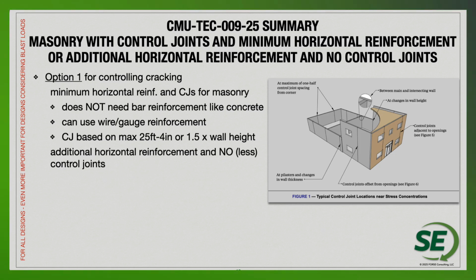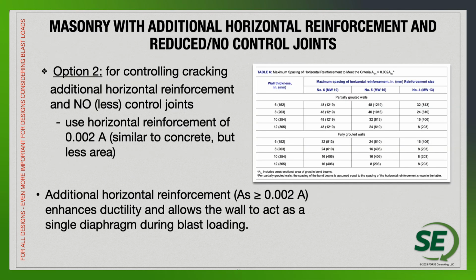So again, option 1 is there for controlling cracking. It's a minimum amount of horizontal reinforcement and then some regularly spaced movement joints. Really, it's control joints based on that 25'4" or 1.5 times the wall height. It's a pretty standard practice for design. But what we want to pivot to is looking at some of the different options that we have for masonry walls. We look at option 2 here, and you can see table 6 from the CMHA guide, where we look